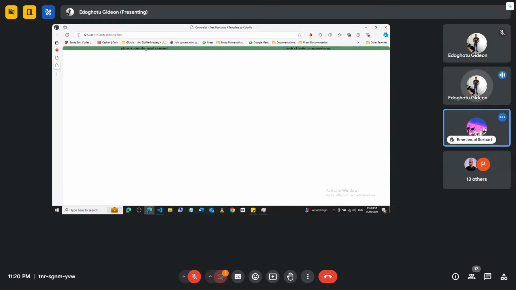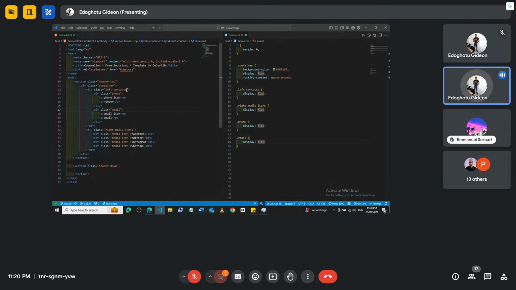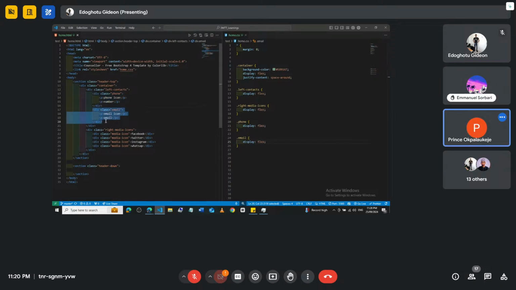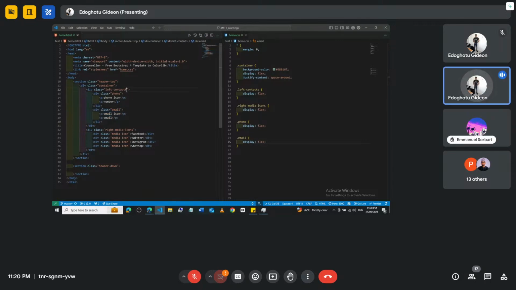No. Gap is a CSS property. So gap, assuming this is the parent, like the parent is the left contact, the gap works like this. If I want there to be a gap between my children, all I'm going to do is target the parent and put a gap property. This is what I mean. This is the left contact, and I want a space between these children and these children. So I'll go to my left contact, which is this,